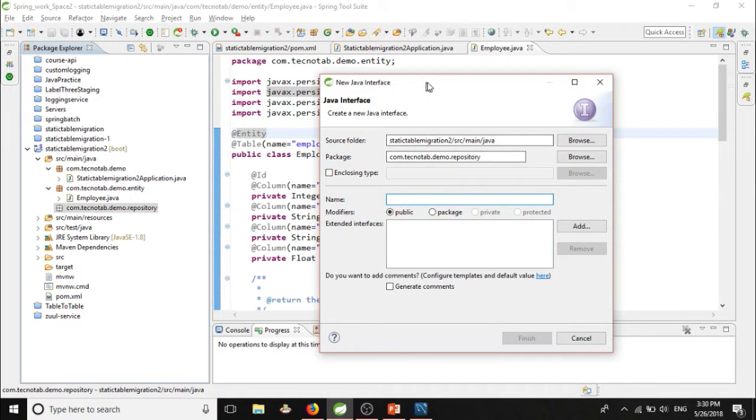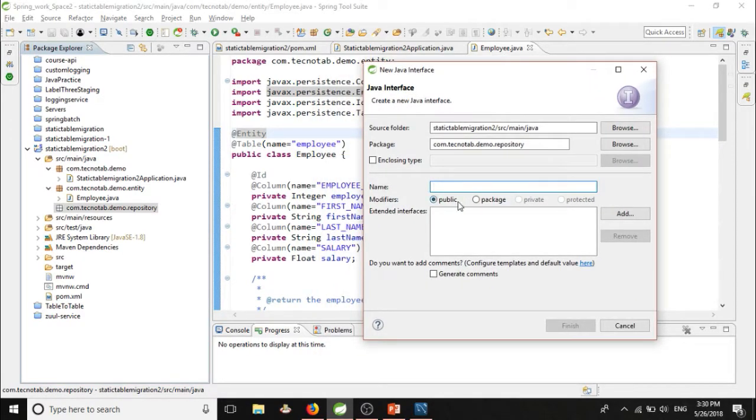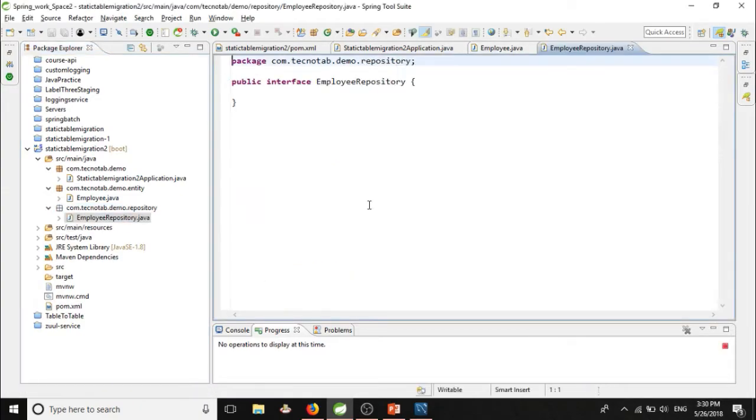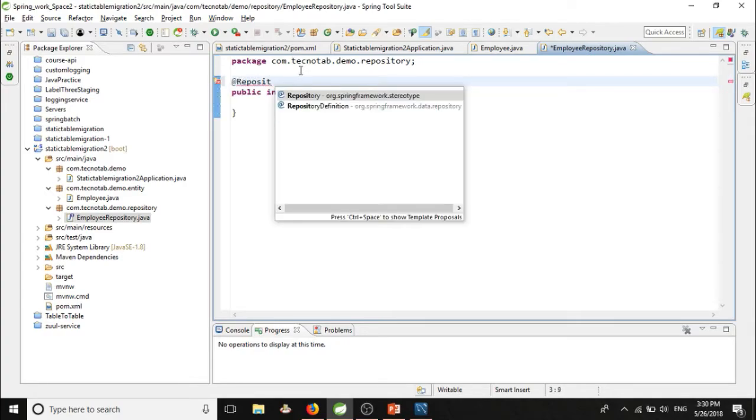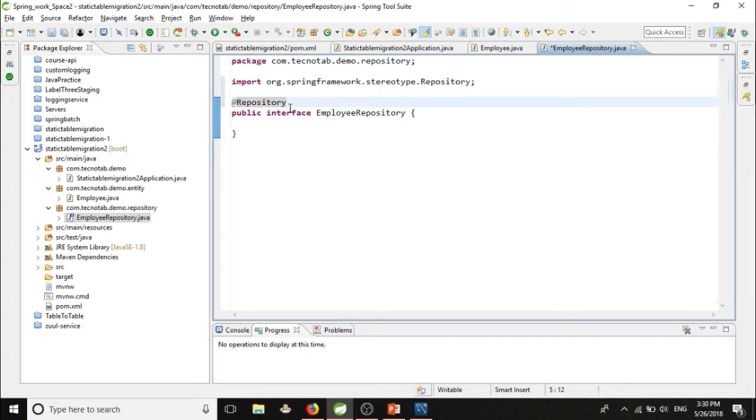You can give any name to the interface. Here we will give EmployeeRepository. So we have got our employee repository. As this is a repository, we have to mention it as a repository. And this repository must extend JpaRepository.